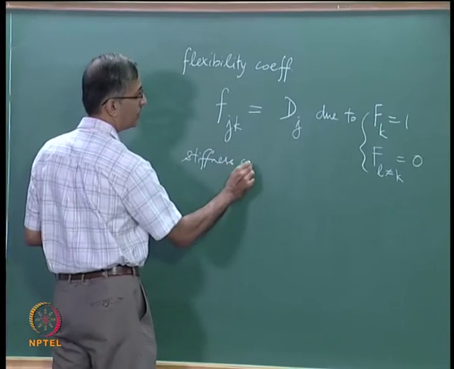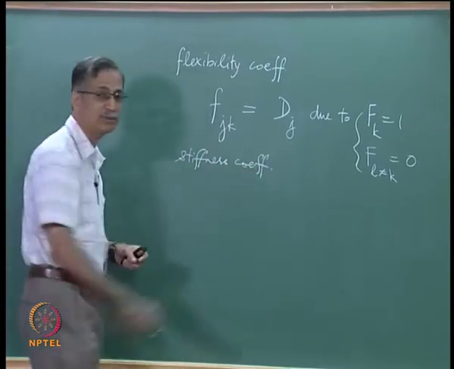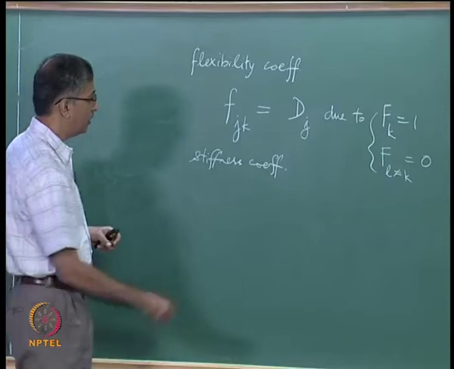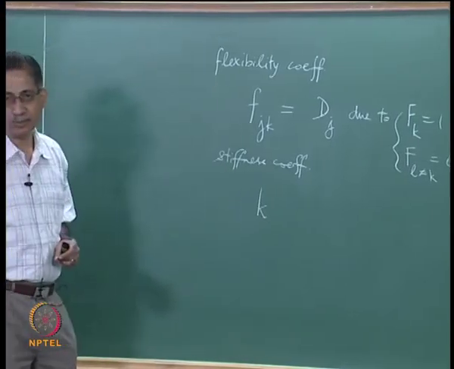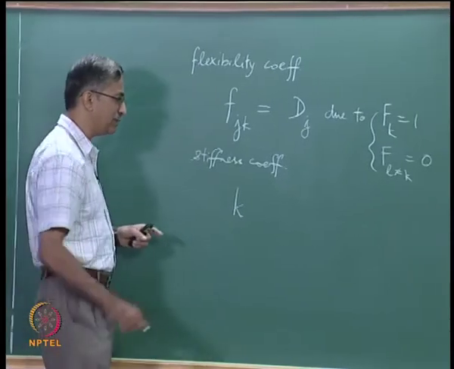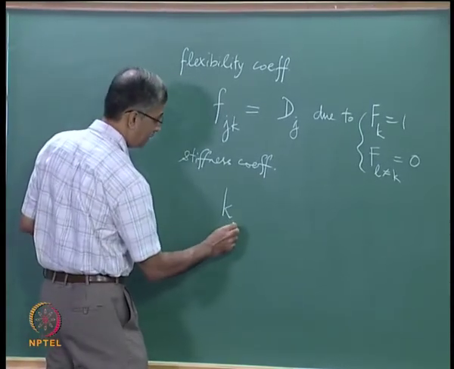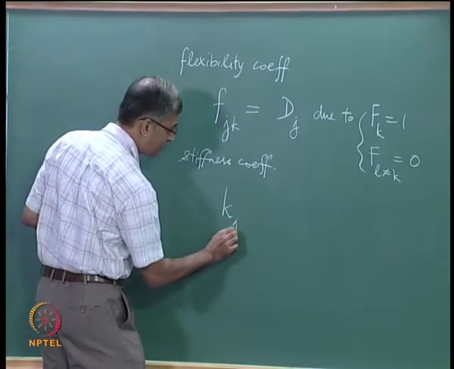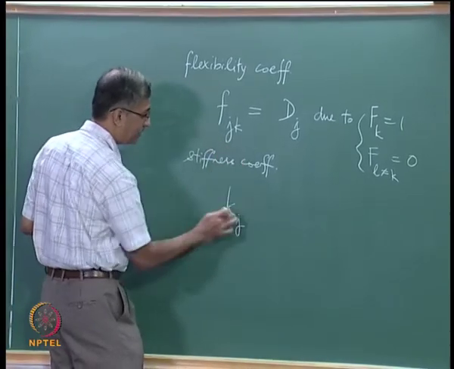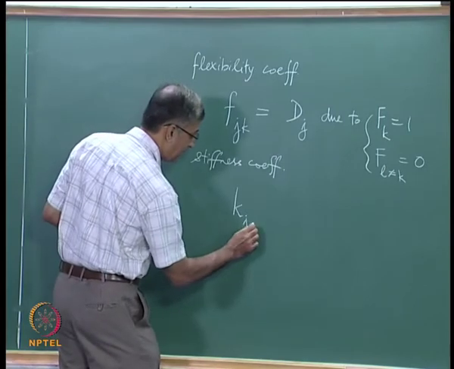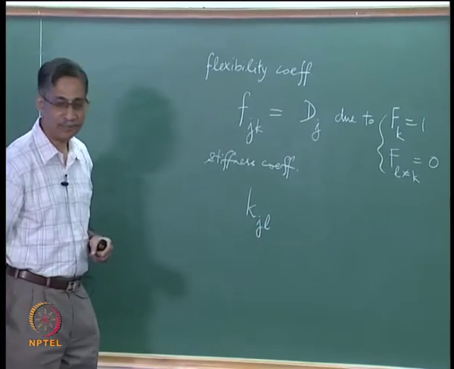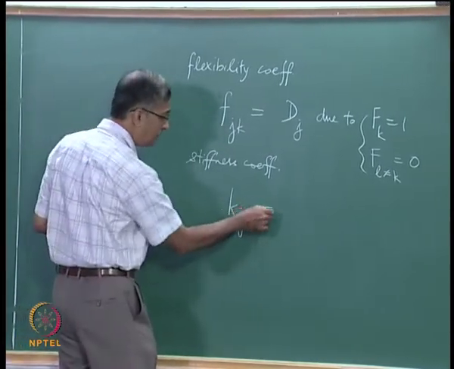We will be coming to this again and again, so might as well look at it now. We use the symbol k to refer to the stiffness coefficient, and let me take j, but I will avoid k because there is a duplication of those units. So I will say JL, let us say, okay.